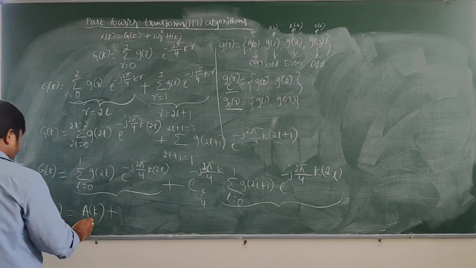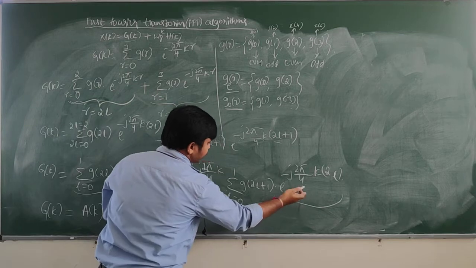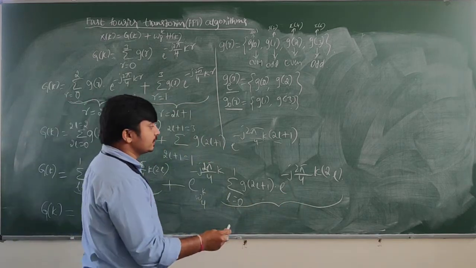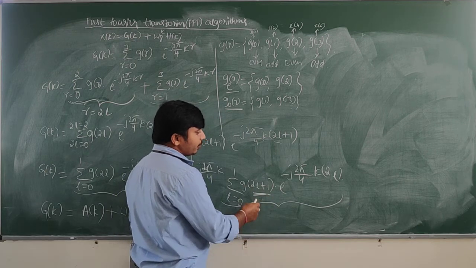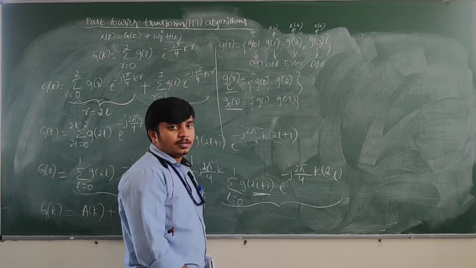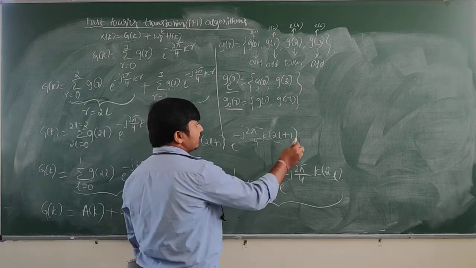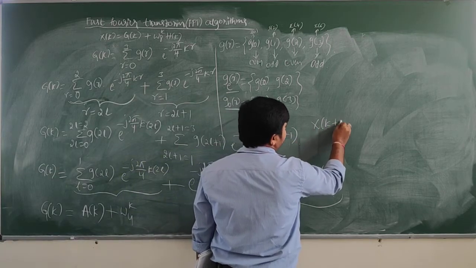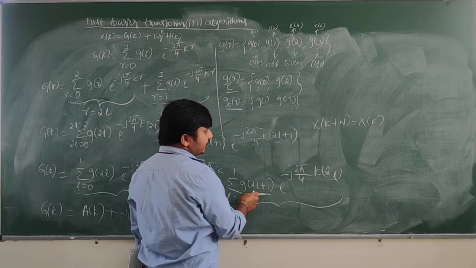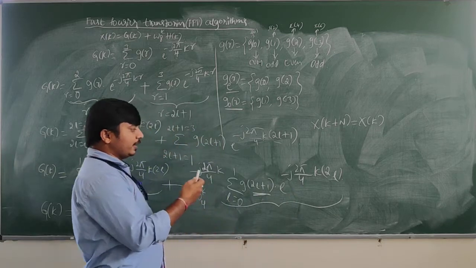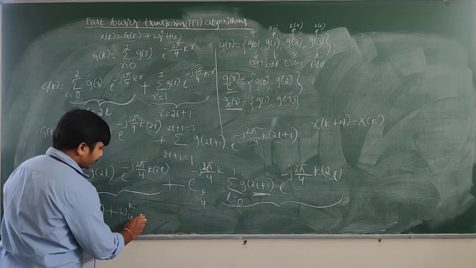So w of 4 power k into, I will write this as, this is in the form of DFT. Here, in place of x of n we have 2l plus 1, but here in place of n we have only 2l. In the previous case I proved that DFT is a periodic signal. So we proved that x of k plus n is equal to x of k, so x of k plus 1 is equal to x of k. Therefore, it is also the same as the DFT equation, so I will write it as B of k.